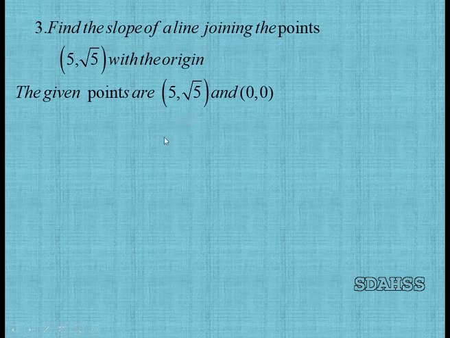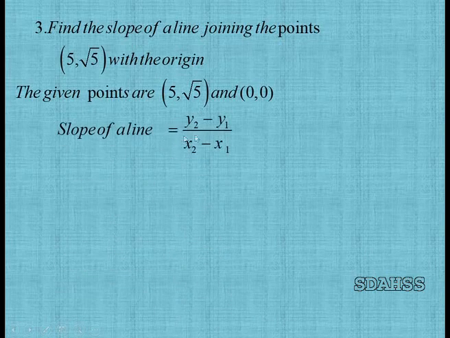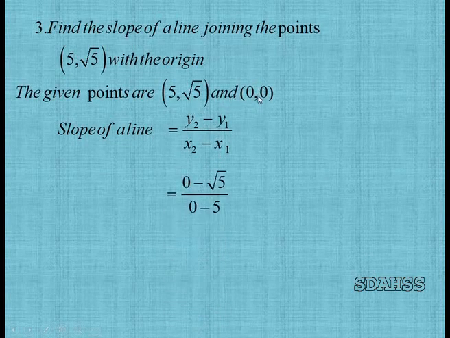When 2 points are given, the slope is y2 minus y1 divided by x2 minus x1. The first point is x1 y1, then the second point is x2 y2. Substitute all the values in this formula. So you have, in the place of y2 substitute 0, 0 minus root 5 divided by,